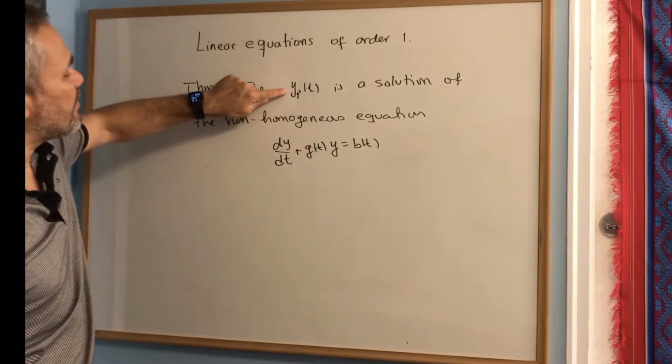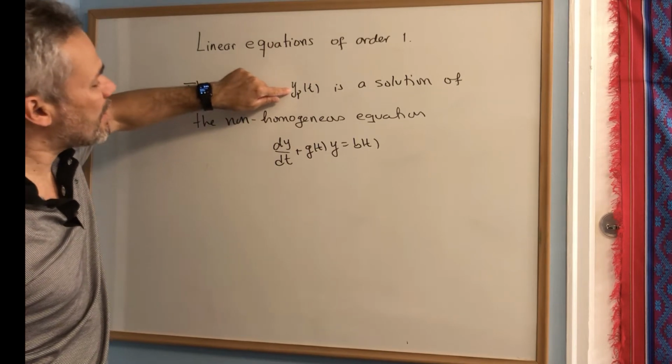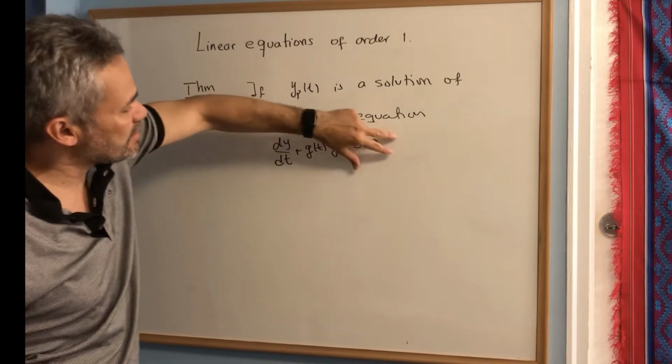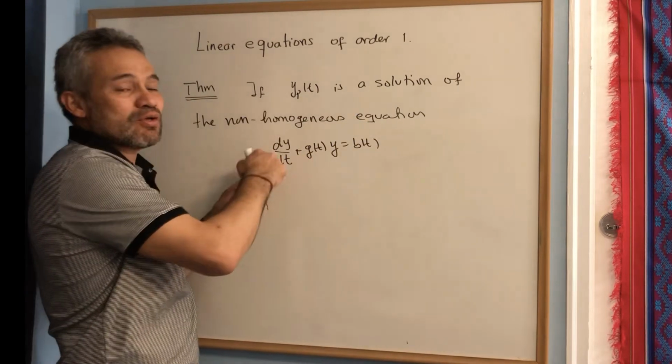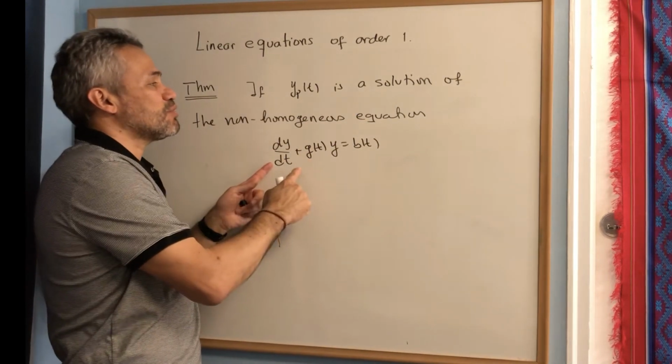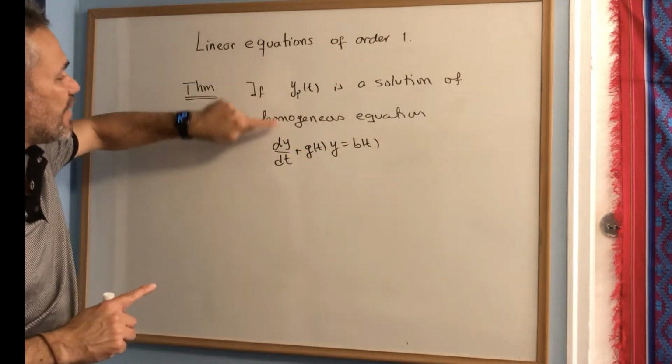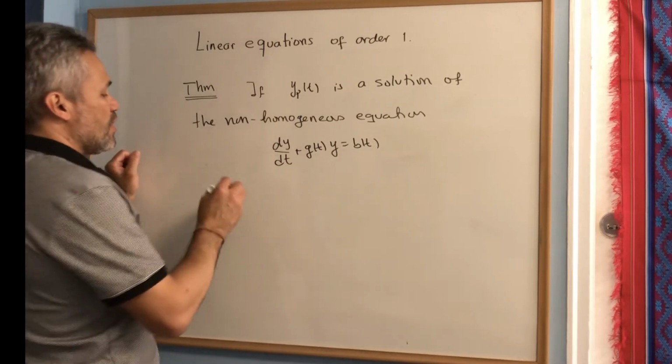Notice that I'm requesting only one solution of the non-homogeneous equation. In general, if I have a differential equation, we have infinitely many solutions, but I'm just asking you to find at least one. If you can find only one solution,